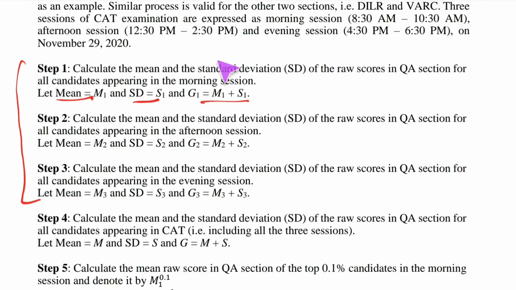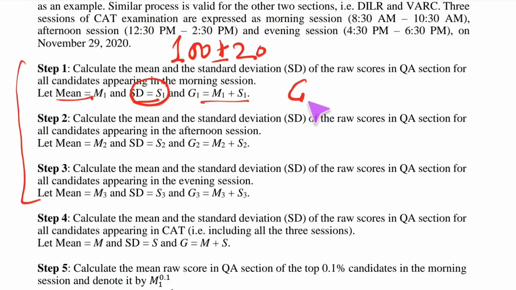For example, out of 300, the average score is around 100, and the standard deviation, the mean deviation from the normal 100, will be, let's say, around 20. So the assumption is plus minus 20 marks. The topper gets 120 and the lowest gets 80 marks. That's the standard deviation we are assuming.